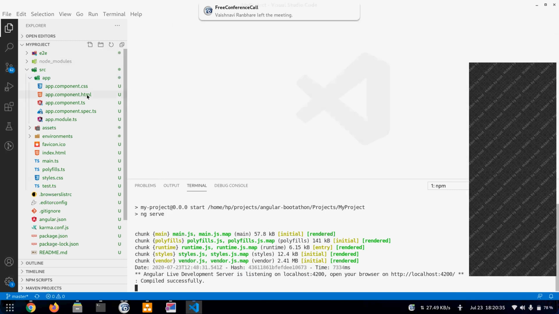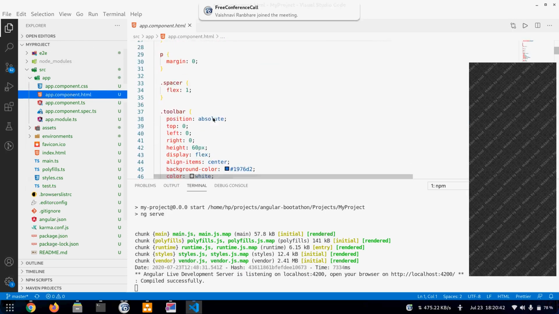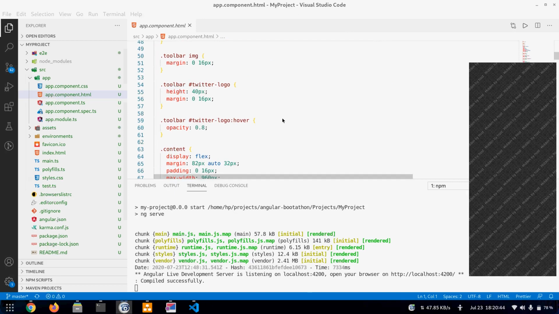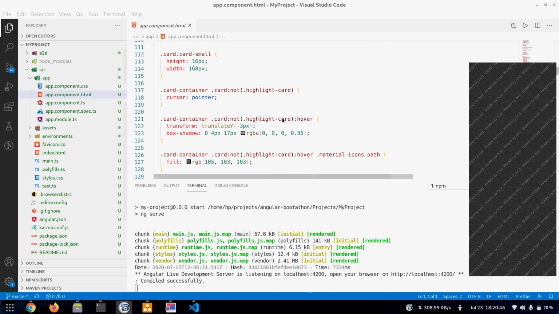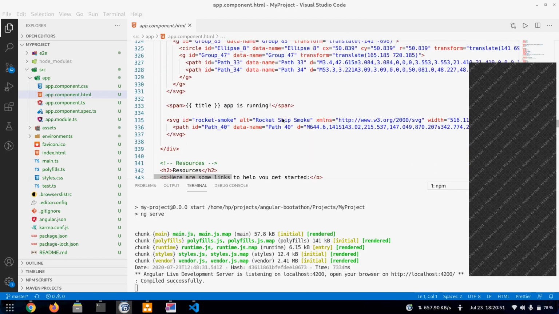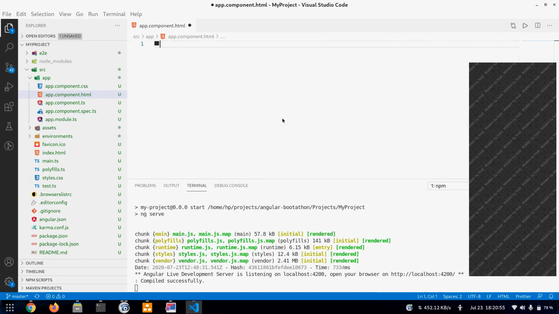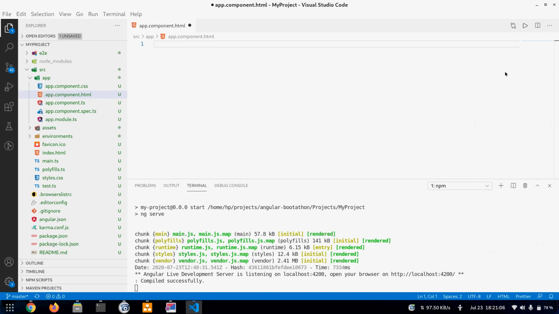Okay, so now if we see this, there is app.component.html and it has all the HTML that was getting displayed on that screen. So we will select everything and then delete it. Can you close the FCC window on your right? Yeah, or minimize it rather.